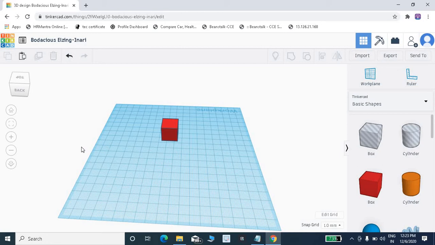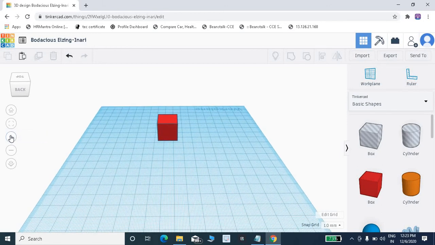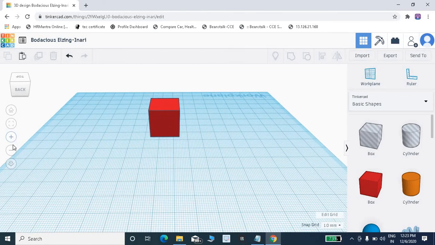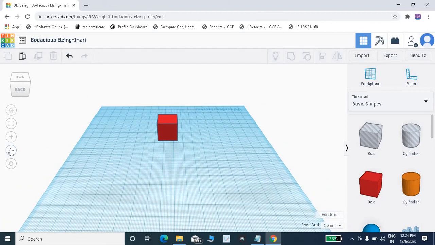Then the second one, zoom in and zoom out. If you want to zoom in on the design, you just have to click on the zoom button. If you want to zoom out, then click on this zoom out button.